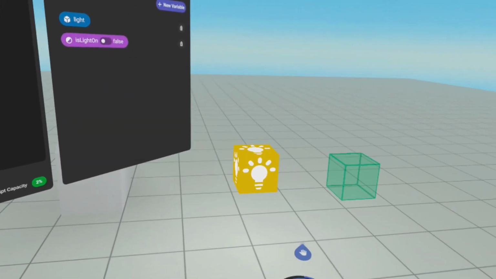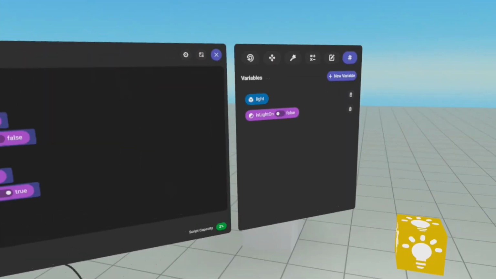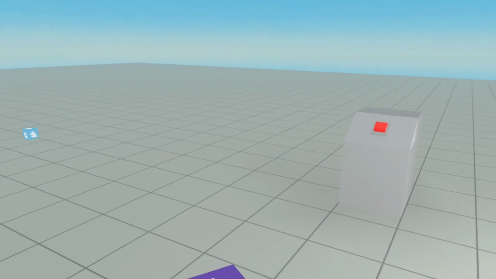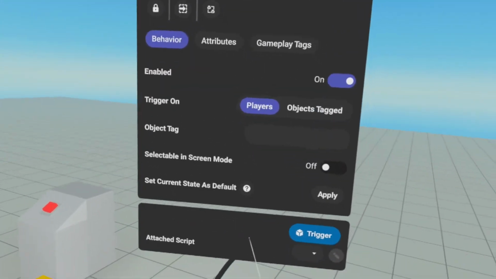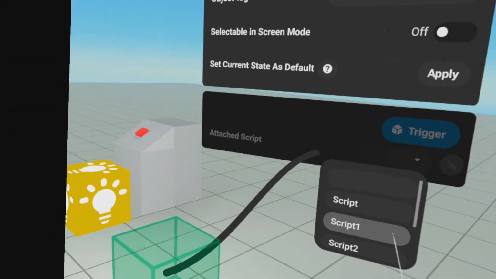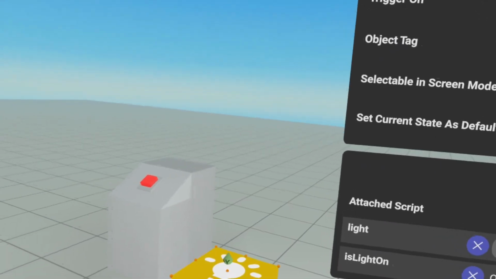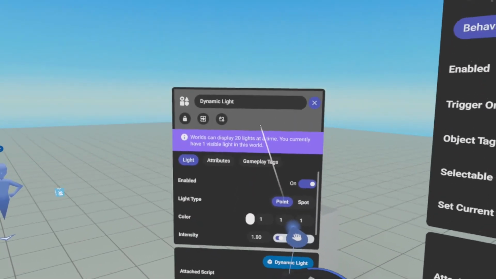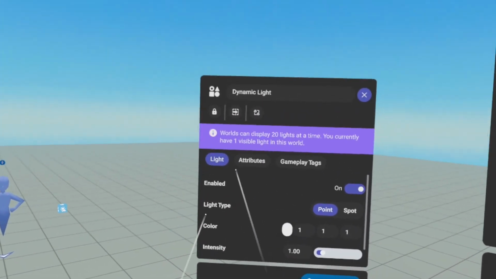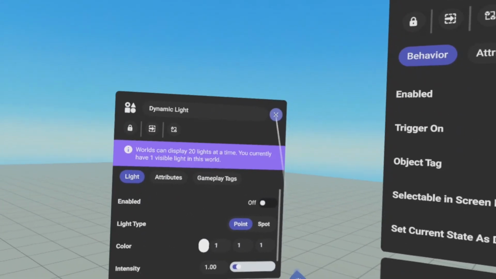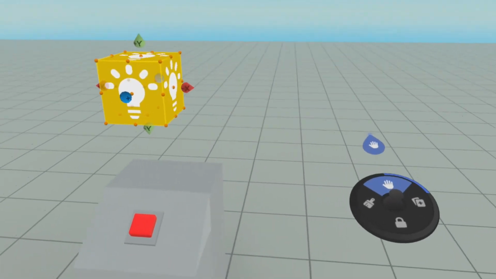We just need to connect the light entity and the script to the trigger, and it should work. Okay, so we're going to come over here, we're going to open the trigger properties, and it's called button. We're going to select that script, and then we just need to attach the light gizmo. So we're going to open the light gizmo over here, and place it over here. Okay, and then when it starts, we're just going to disable that. Okay, so we're just going to place it on top of this podium,